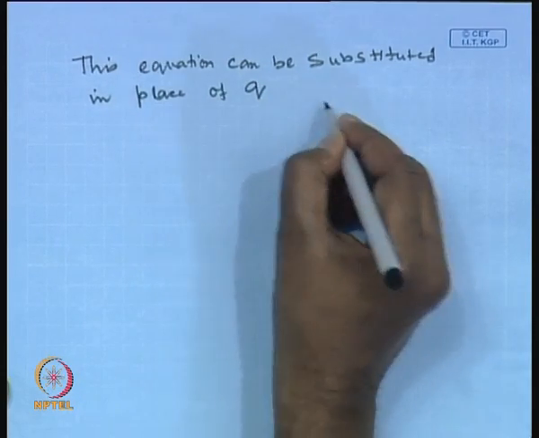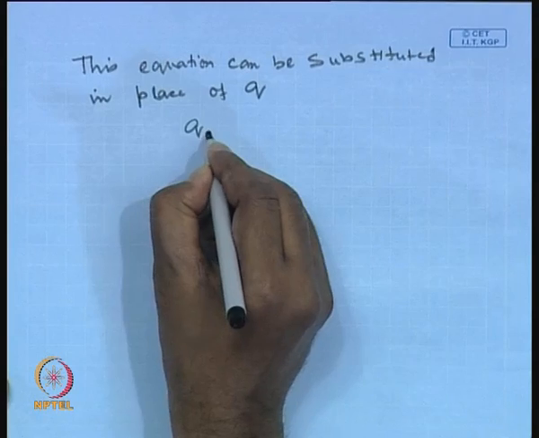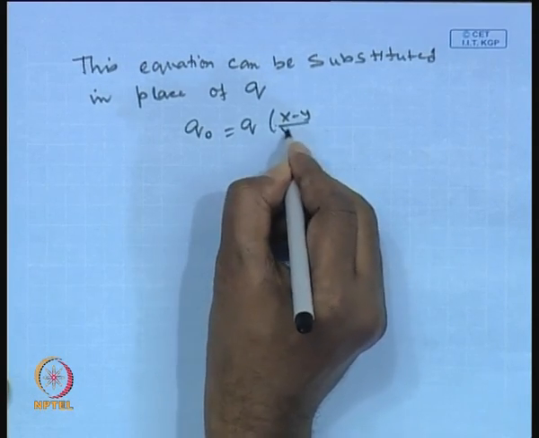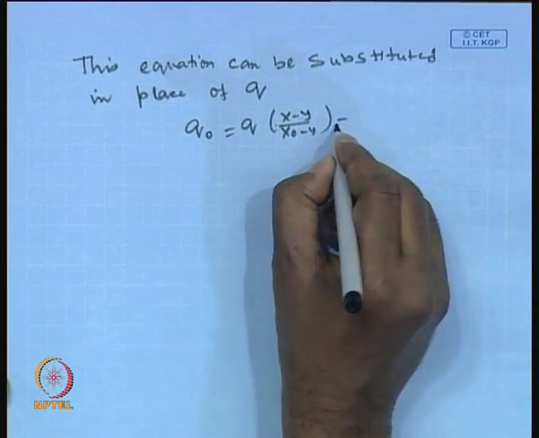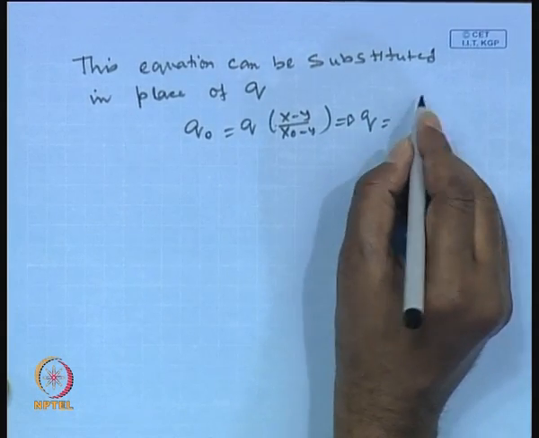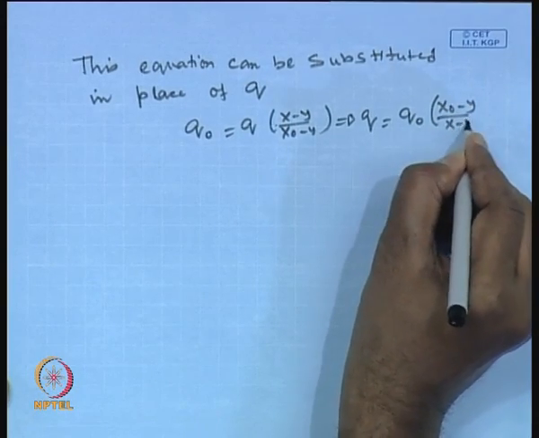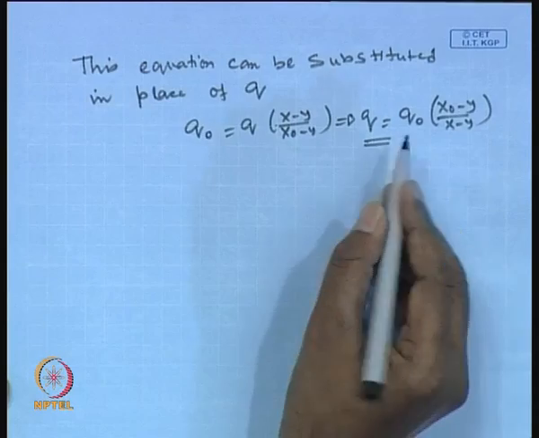That means, the earlier equation was q_0 is equal to q into (x minus y) divided by (x_0 minus y). So, you can get the expression of q in terms of q_0 as (x_0 minus y) divided by (x minus y). So, this can be substituted in the